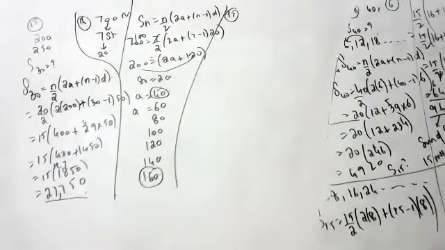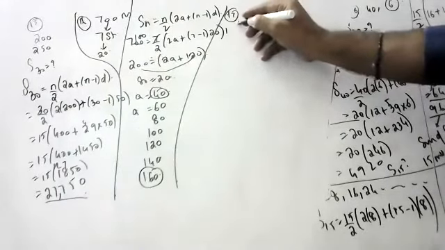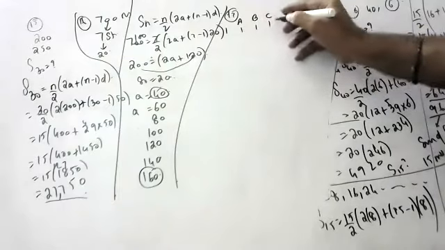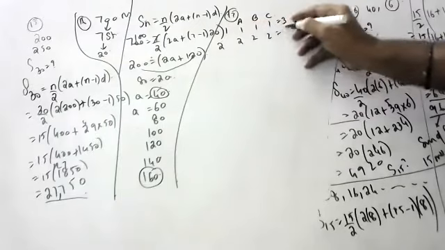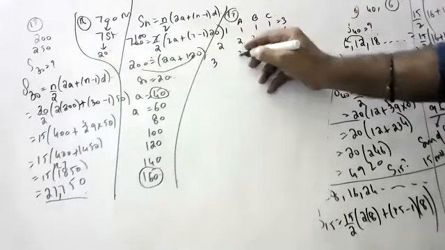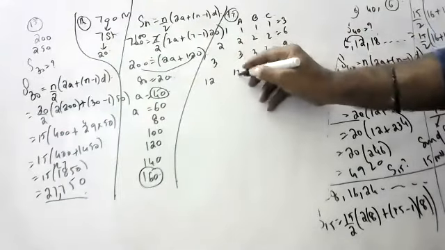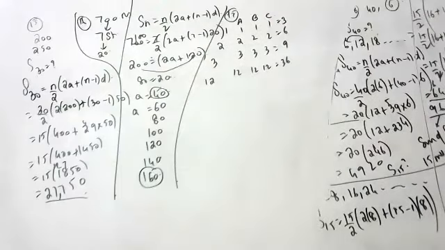Okay. Next question. 17th question. In a school, children, there are classes 1 to 12. First class people, A section, B section, C section, are planting 1, 1, 1, so total 3 trees. Second class people are planting 2, 2, 2, total 6. Third class people are planting 3, 3, 3 trees, 9. So 12th class people will plant 12, 12, 12, that is 36. In total, how many plants have they planted?